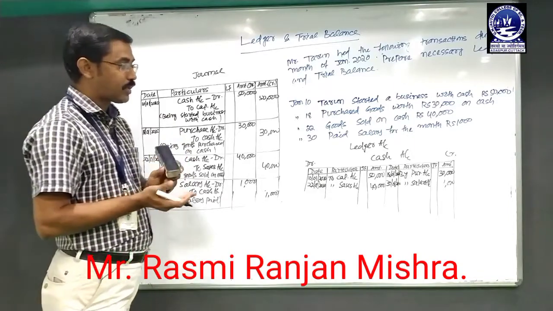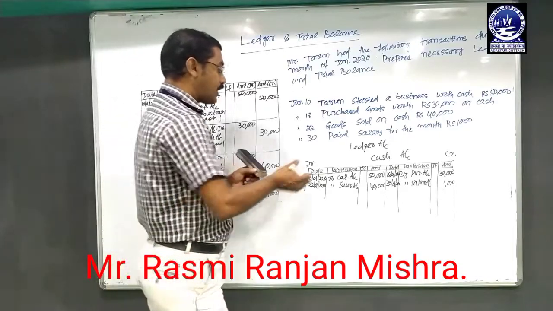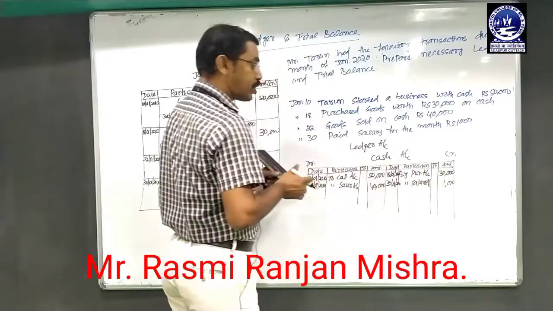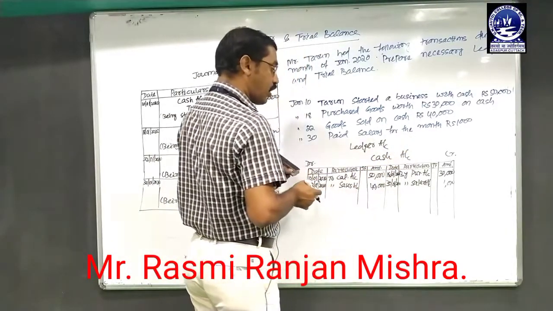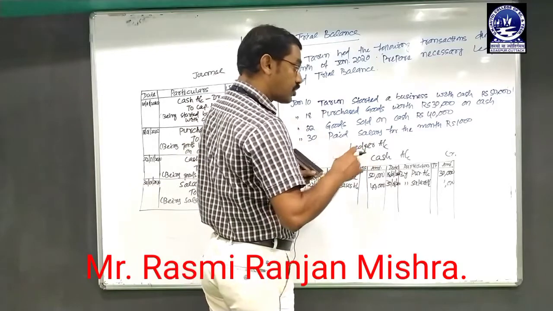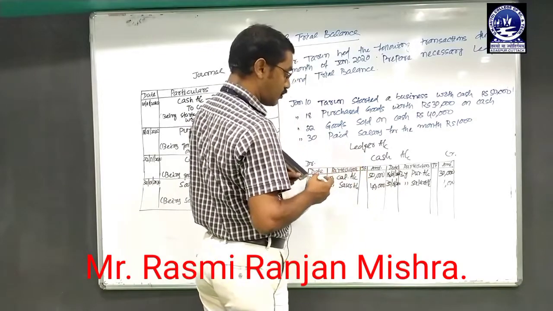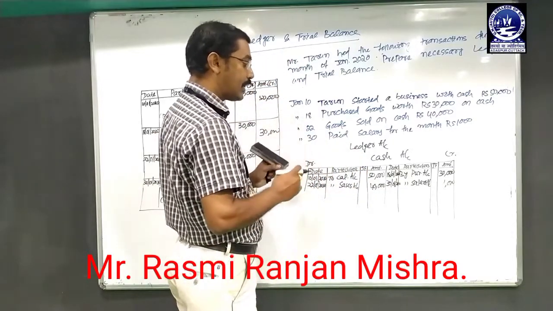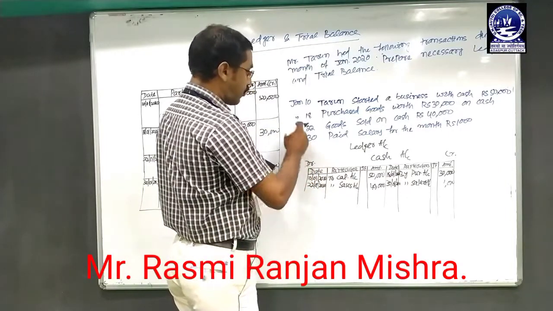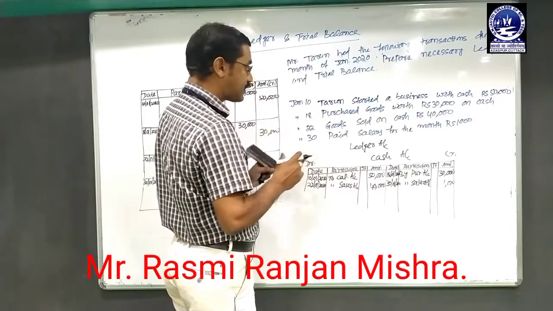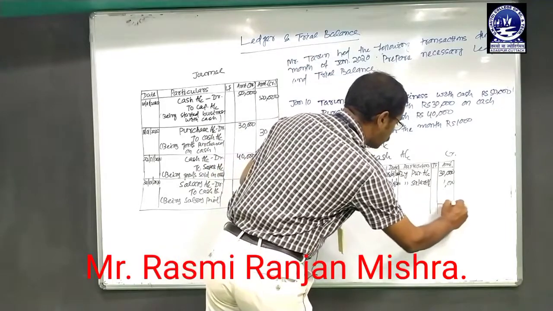So after completion of the ledger account, we must make it balance. How will the ledger account be balanced? We directly go to the amount column of the two sides. Put the total amount, or make the sum of the two sides, in the amount column. Find the difference and put the difference on the lesser side, either to balance carried down or by balance carried down. So the balance must be made at the end of a particular period. So here, as the transaction relates to the month of January, on January 31st the balance has been made. So before balancing, first we have to find out the total of two sides.